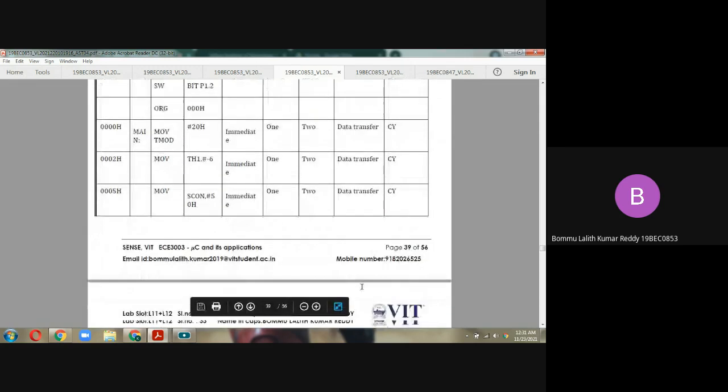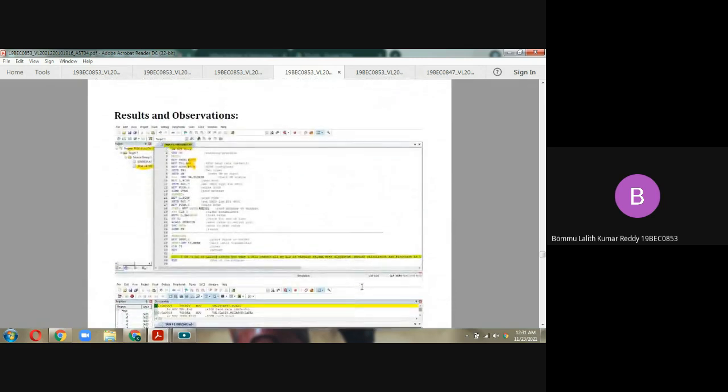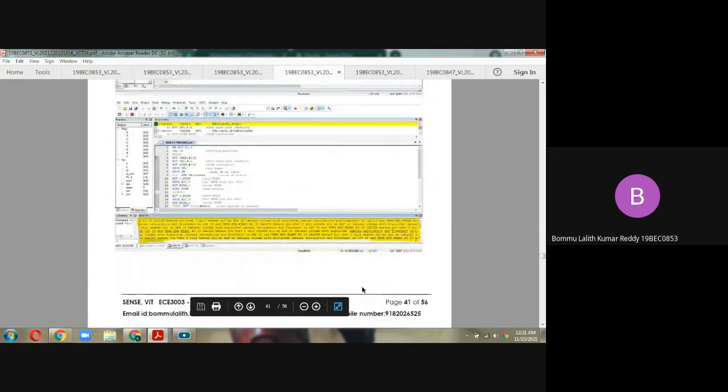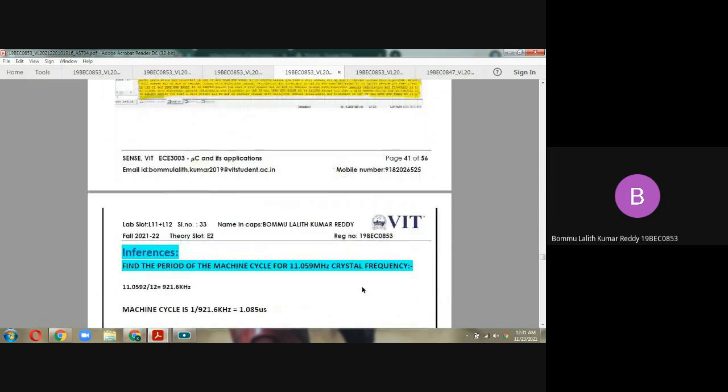So tabulation has gone through each and every memory byte, and these are the results of observation. So in this, the input I have given is the same as the input. So this is before execution and this is after execution, so that it repeats in this output also. You can see in the output.